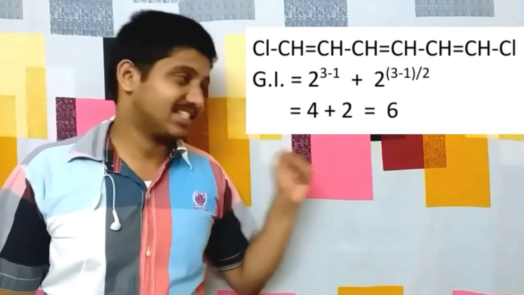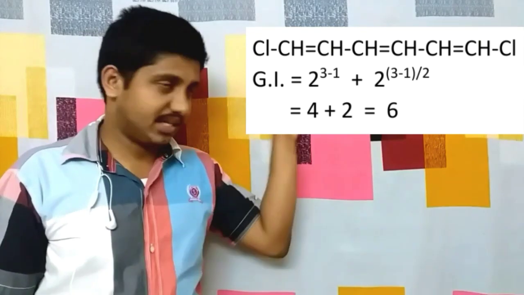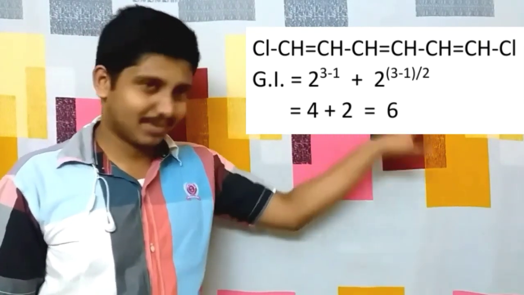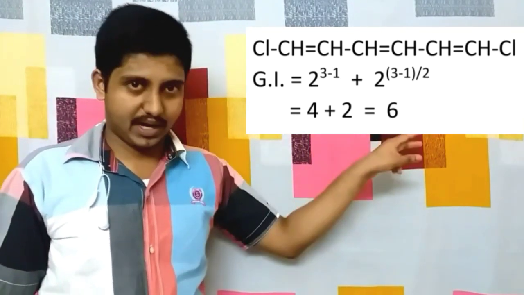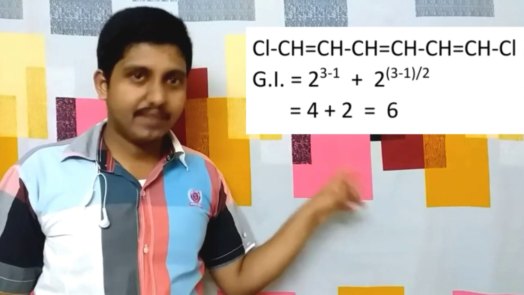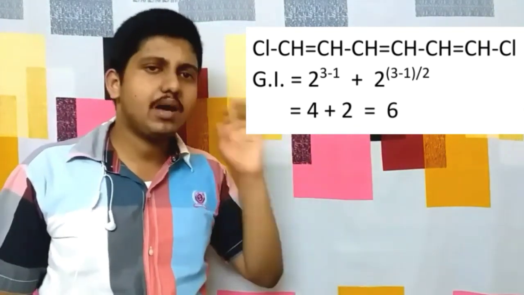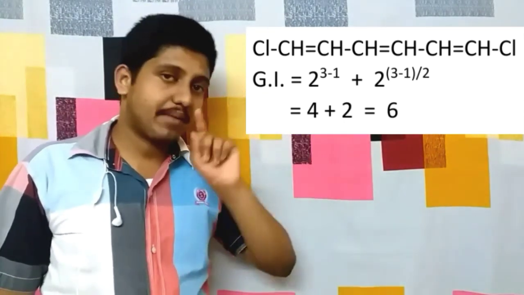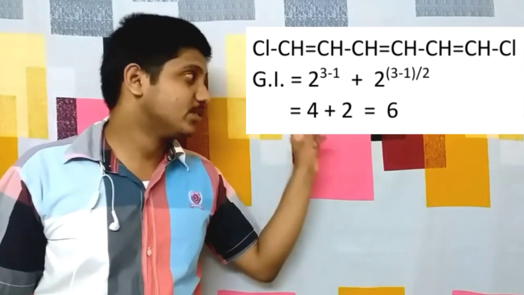So we can take the example of chlorine, then CH double bond CH single bond CH double bond CH single bond CH double bond CH, that is we have 3 double bonds with another chlorine atom. So here on both sides we have the similar molecule, and since the number of double bonds is odd, we have the formula as